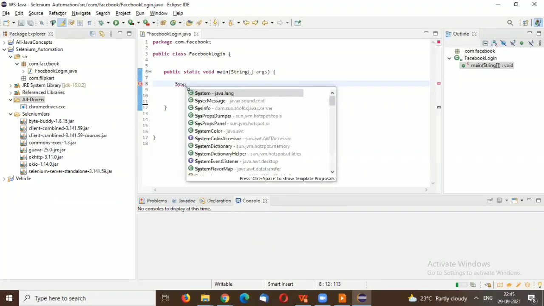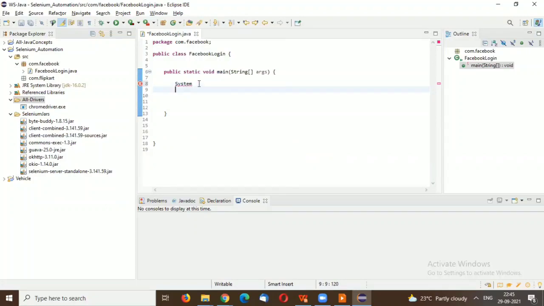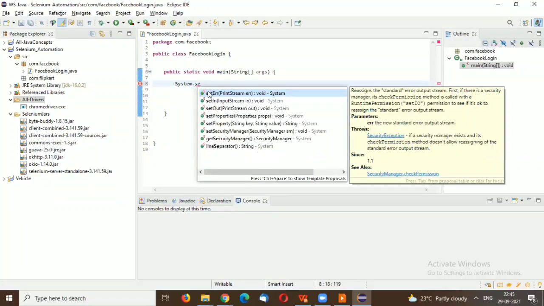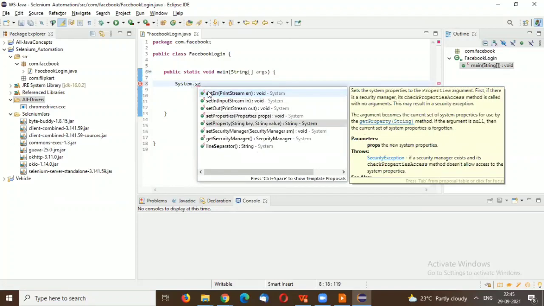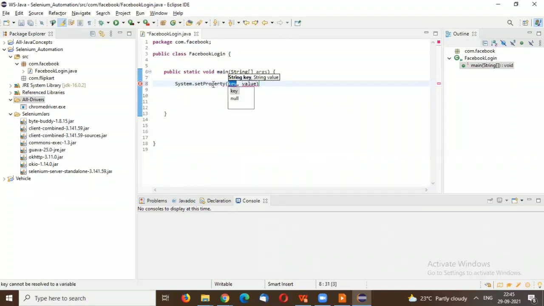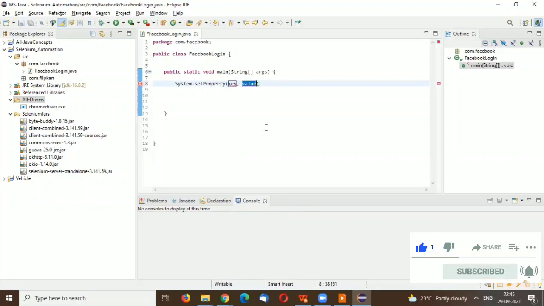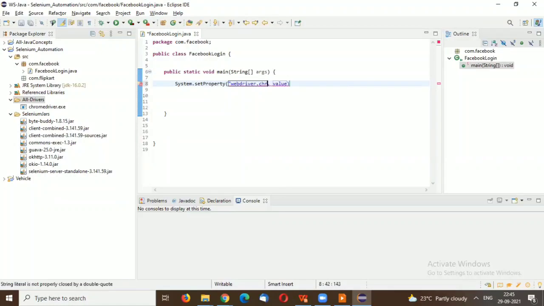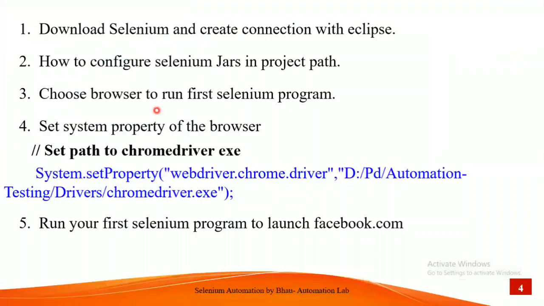We need to type System dot setProperty. This is the method. We need to pass a key and a value here. The key is always webdriver dot chrome dot driver.